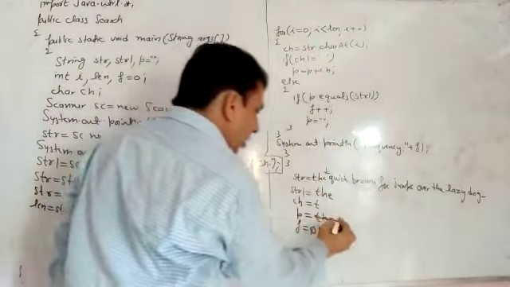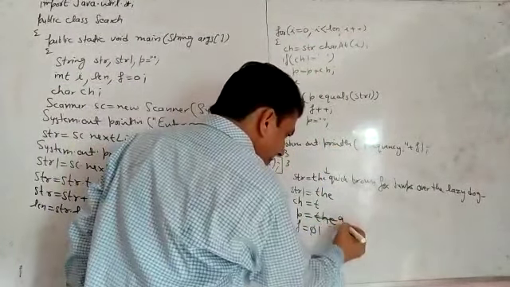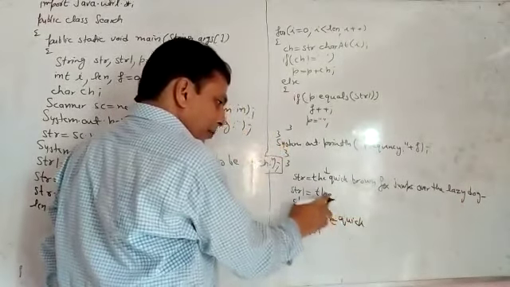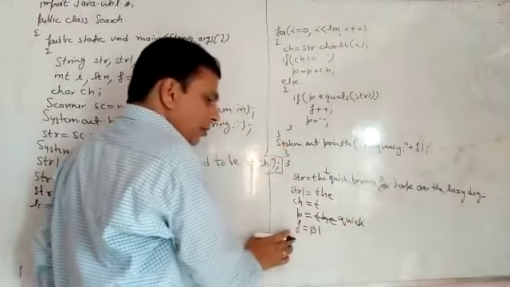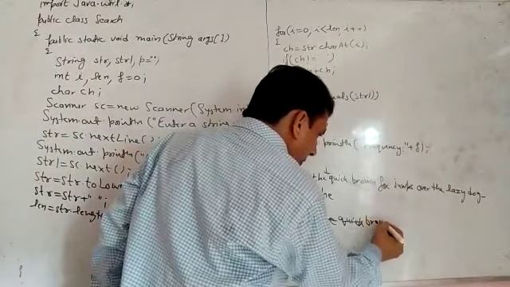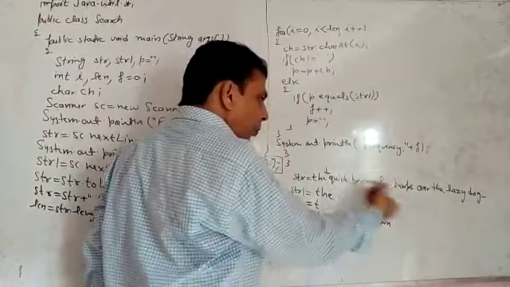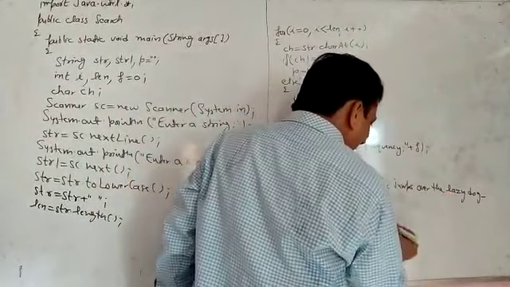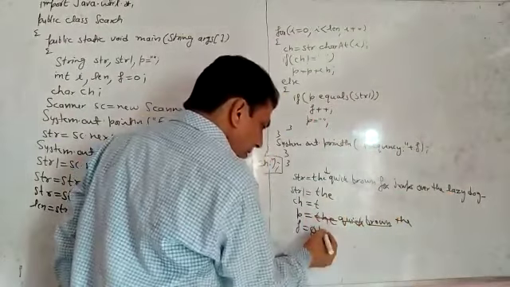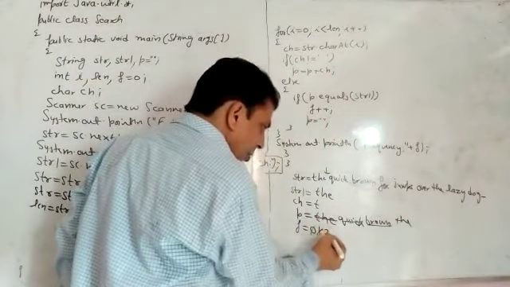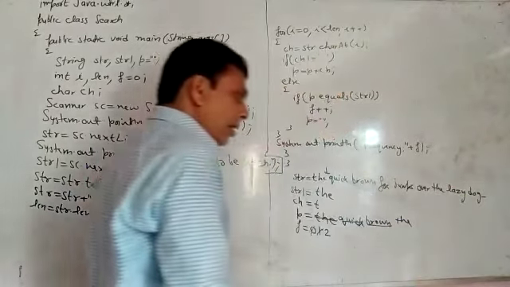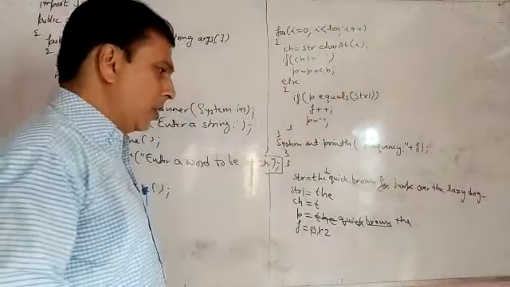And next time, create the word "quick". Now compare this "quick" with "the". Are both the words the same? No. So it means your f will remain 1. Next time, create the word "brown". Again, it is not the same. Same way, when we move here, your next word is "the". So "the" is equal to "the", again increase the value of f, that is 2. Now next time, "lazy". "Lazy" is not equal to "the". Next time, "dog". It is not equal to "the".